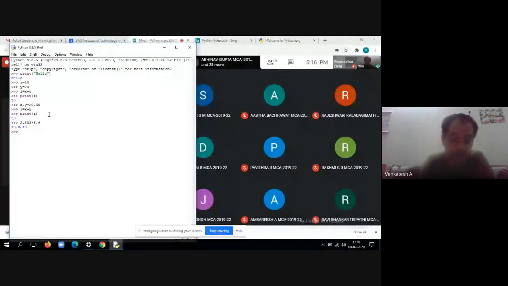And you can write any complex expression. Say for example 33 plus 5 divided by 4 into 44 into 3. Let us assume this is an expression. So it will be evaluated, and it will also apply all the rules. We know the rules to evaluate an expression: BODMAS, that is brackets, order, division, multiplication, addition and subtraction, and the associativity is from left to right. So by following these BODMAS rules, it will execute all the expressions.